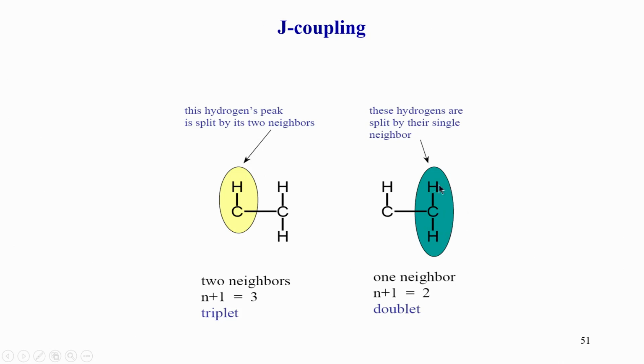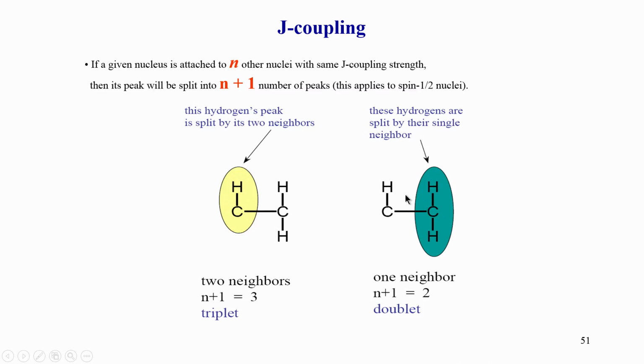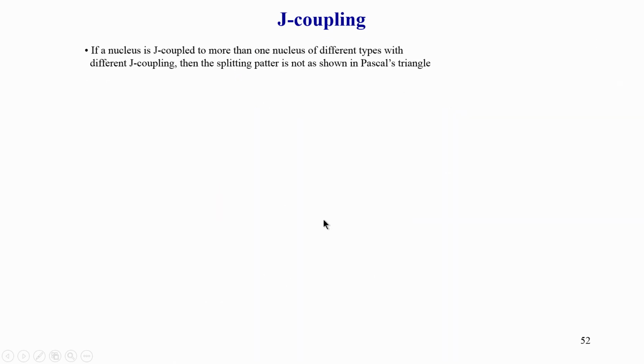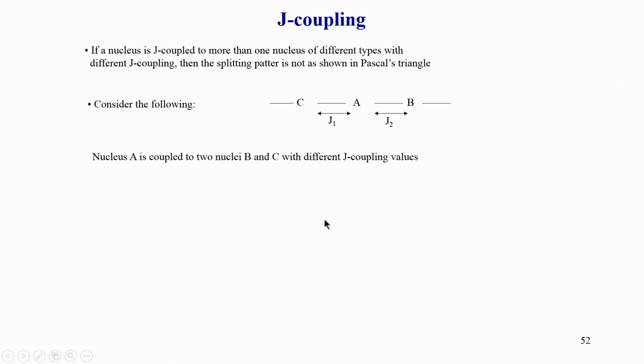In that scenario, these two are together as one entity. This one entity is coupled to another single hydrogen. So, according to n+1, n is equal to 1 because these two together are coupled to only one more, and that is a doublet. So, the peak for these two hydrogens will show up as a doublet, and the peak for the other hydrogen will show up as a triplet in the NMR spectrum. This is what is called the n+1 rule, and it applies only when there are equivalent hydrogens. Okay. We can look at more examples.